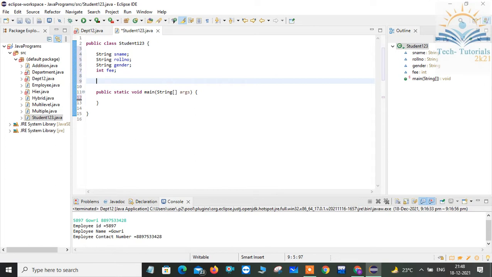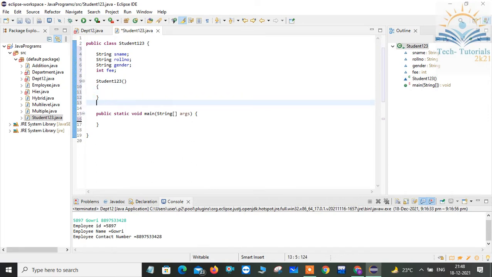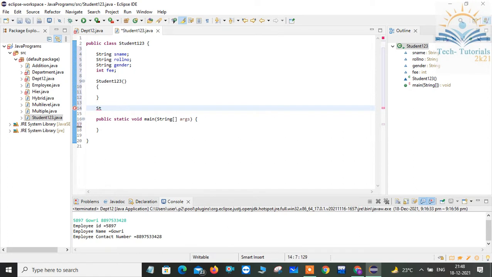My constructor name is similar to the class name, so simply I can take student123. Here it is my default constructor, because of that I didn't give any values here. And now I'm taking a parameterized constructor, like student123 of.